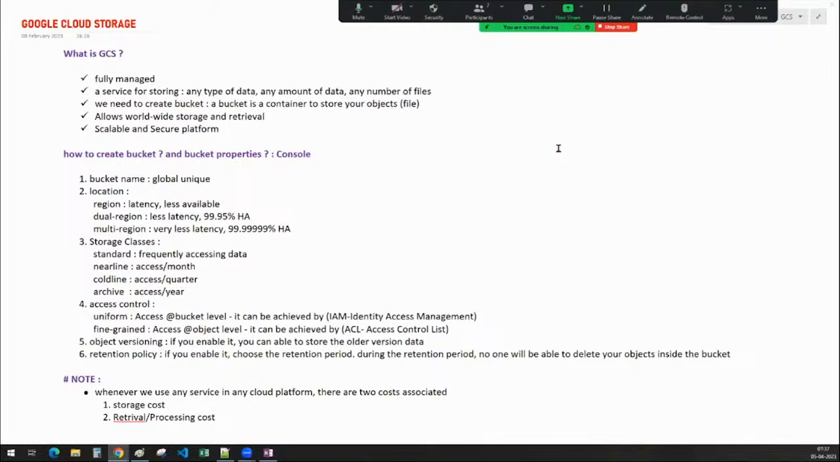Now the question is how to create a bucket. As I told you, if I want to work with any service in GCP, there are two ways: one is via the console, and the other is via the command line tool. So let me open